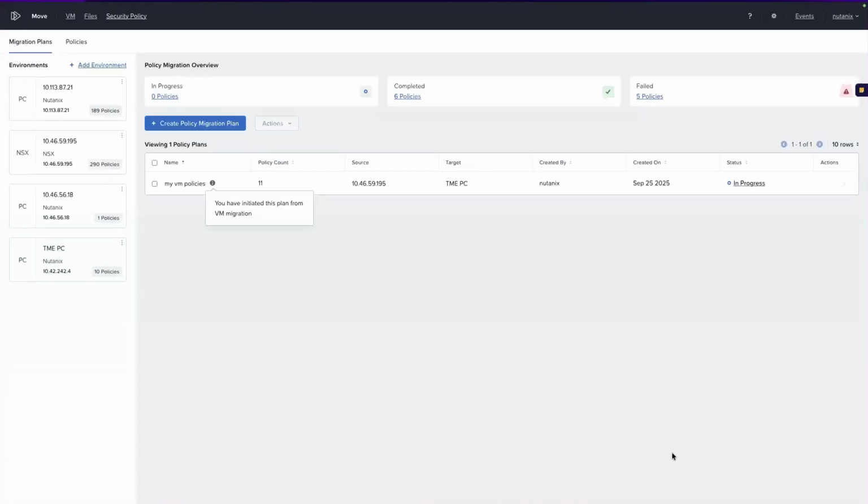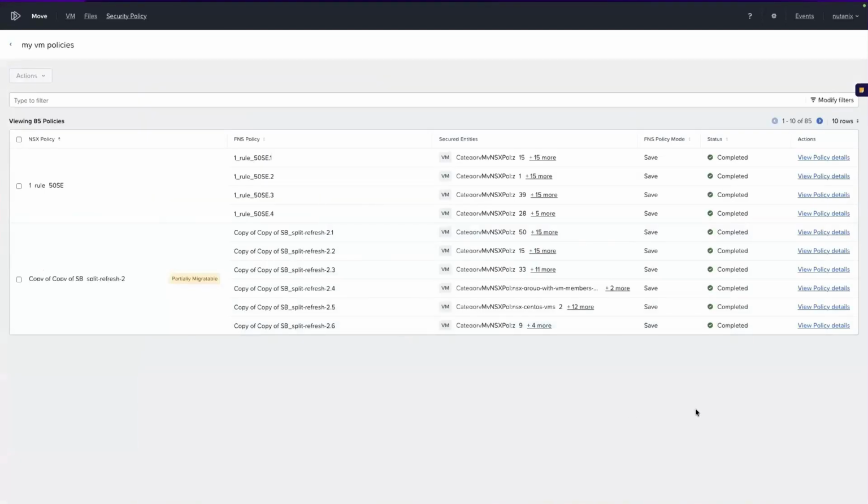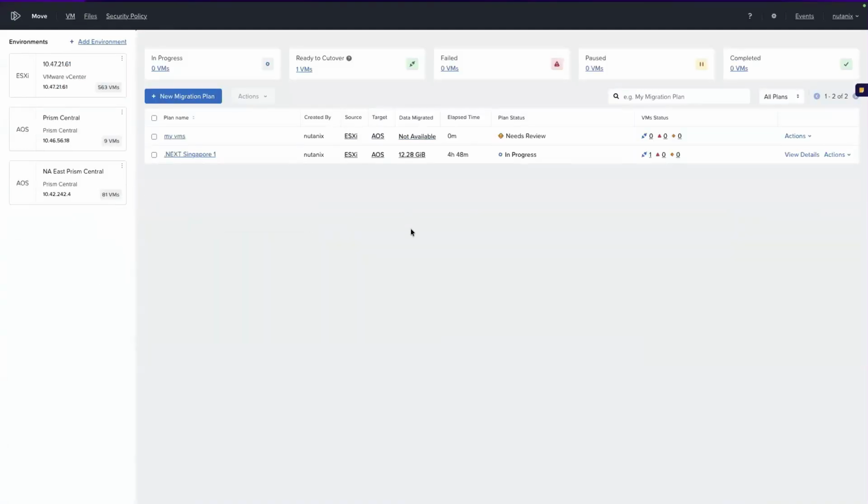From the Policies dashboard, if we click on In Progress, we can see the rules that are being migrated. Using a little video magic, we can see that the policies have been migrated successfully. This can be a big time saver when moving from VMware to Nutanix, as this becomes part of your standard migration strategy. Next, I will exit the Migration Details screen, then head back to the VM Migration section and click